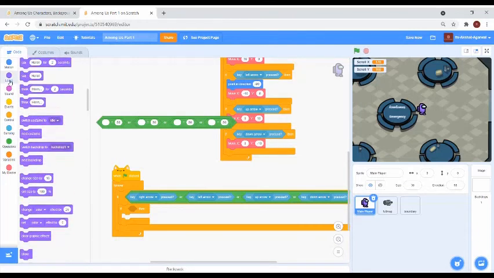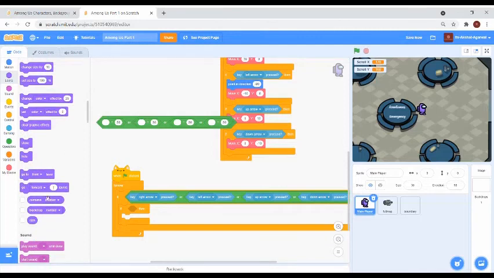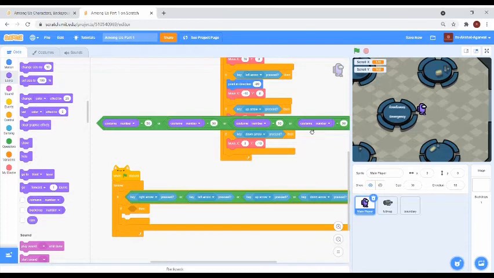And go to looks and take costume number, and then put in the values. We took 3, 4, 5 and 8.